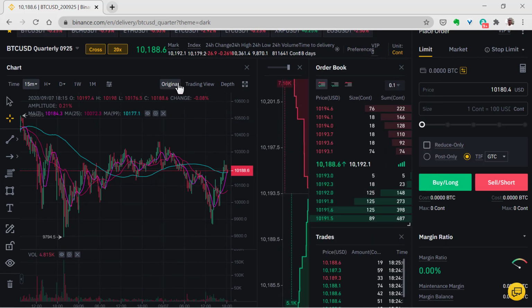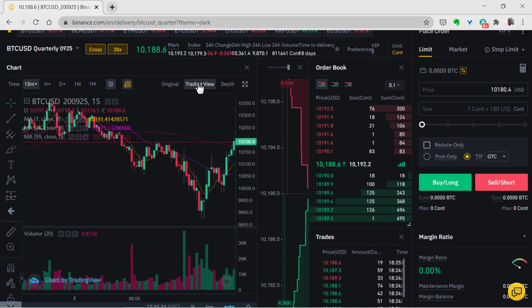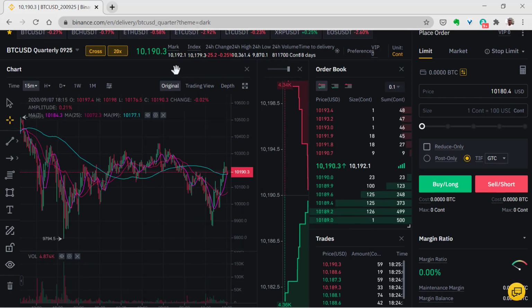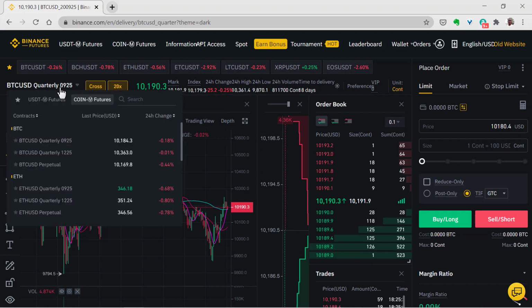So we have our chart panel here. We have the original charts. We have charts by TradingView. We have a bigger depth of market chart. So that's that. Also, let's not forget the menu panel